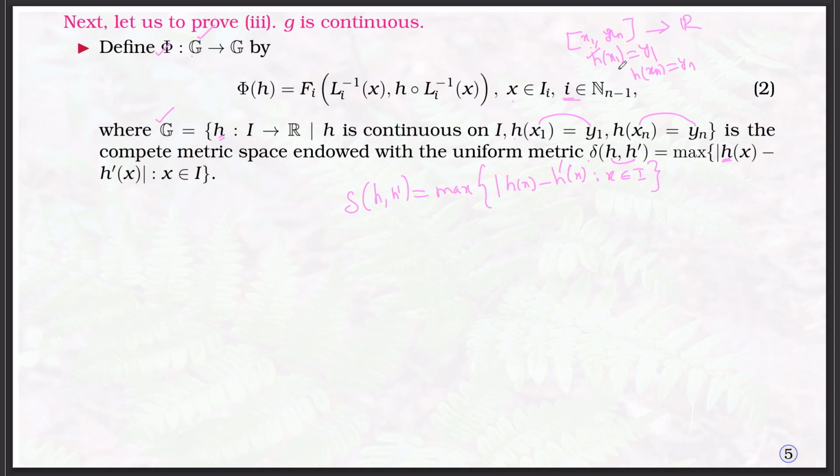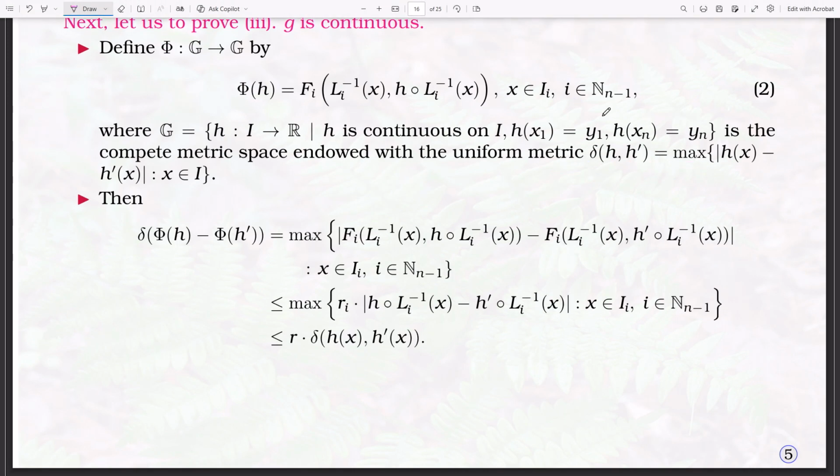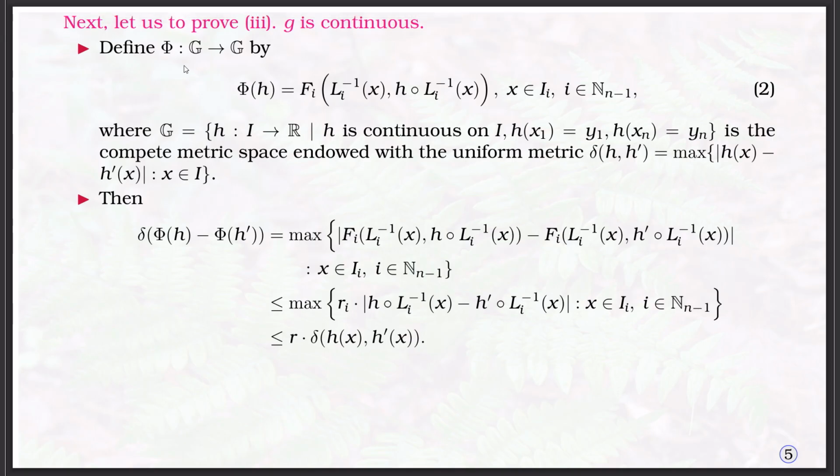H is a continuous function on this compact interval, so it will attain its maximum. So, instead of the supremum we are using the maximum. Now we will find the distance between the images of two functions under the mapping phi. So, delta of phi of h minus phi of h dash can be written as the maximum of